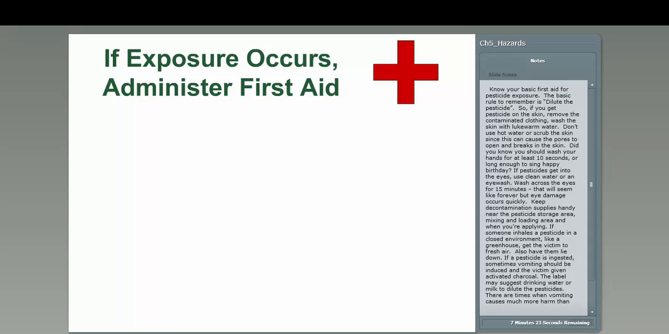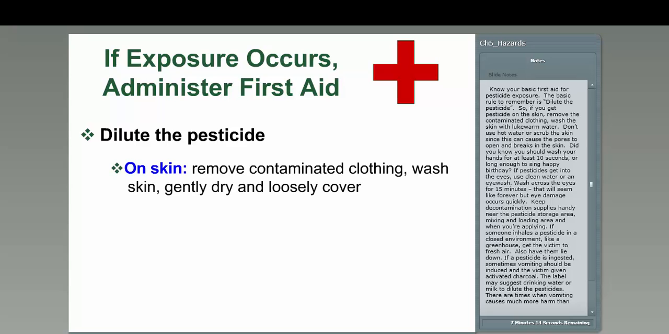Know your basic first aid for pesticide exposure. The basic rule to remember is dilute the pesticide. So, if you get pesticide on the skin, remove the contaminated clothing, wash the skin with lukewarm water. Don't use hot water or scrub the skin, since this can cause the pores to open and breaks in the skin. Did you know you should wash your hands for at least 10 seconds or as long enough to sing